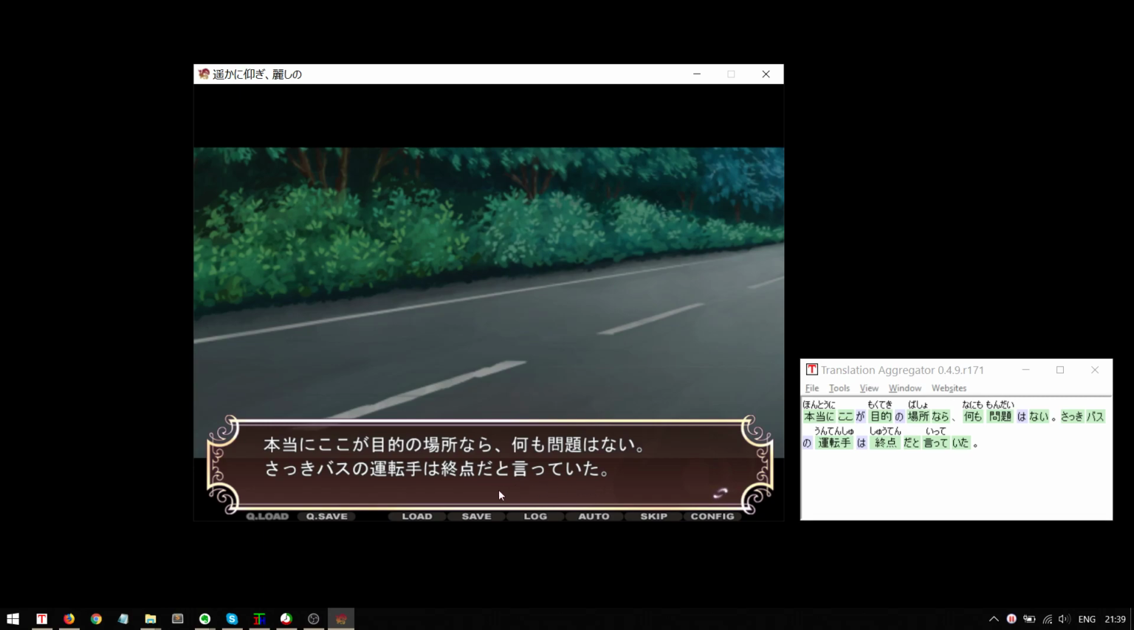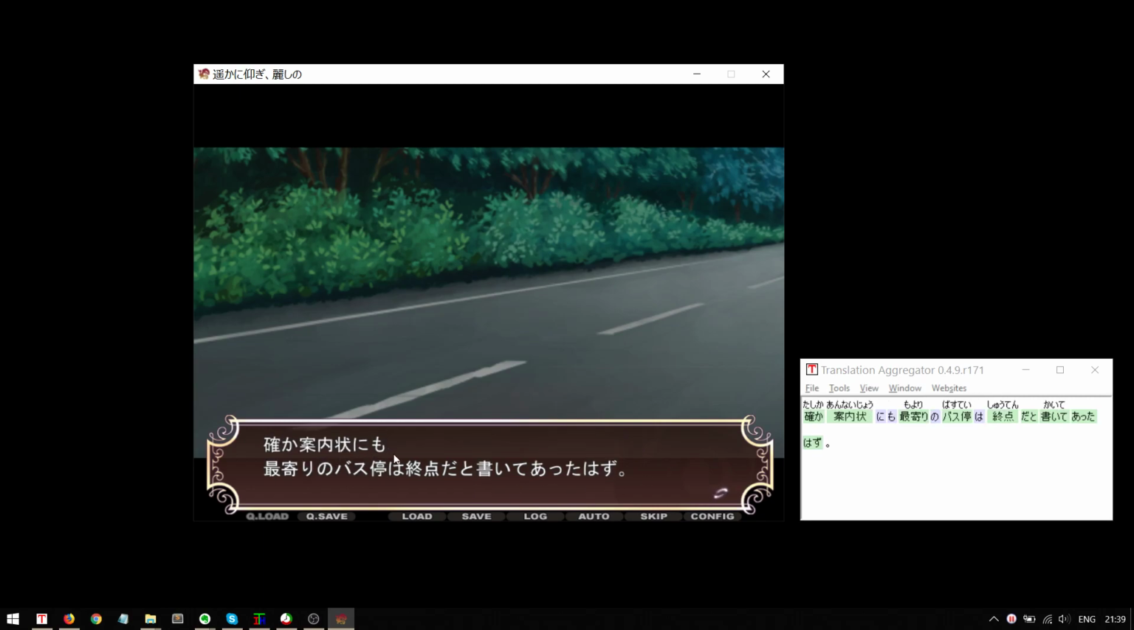Dato itteita, and that someone is the bus driver. So the bus driver did say it was the last stop. 確かに案内状にも最寄りのバス停は終点だと書いてあったはず。確かに is the word we use when you're trying to remember something. 案内状にも 案内状 is what is it? It's a letter of invitation. So it was also written 案内状にも最寄りのバス停, the 最寄り, so closest bus stop, was